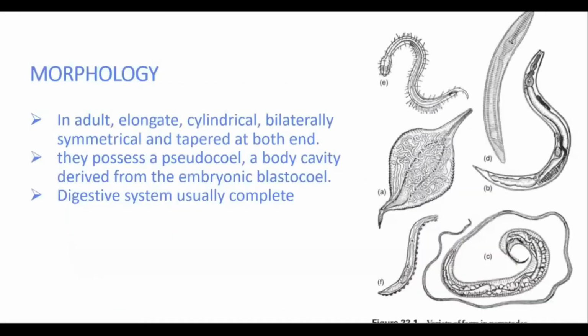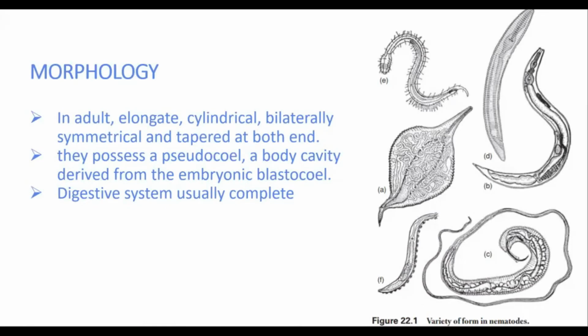So let's move on to their morphology. This is Figure 22.1, variety of form in nematodes. In adults, it's elongate, cylindrical, bilaterally symmetrical, and tapered at both ends. They possess a pseudocoelom, a body cavity derived from the embryonic blastocoel. Also, their digestive system is usually complete, with the mouth at the extreme anterior end and the anus near the posterior tip, as you can